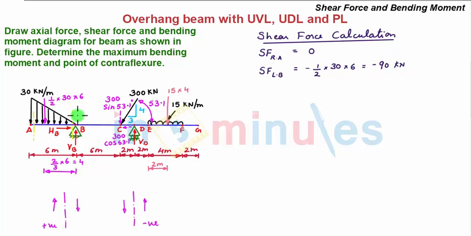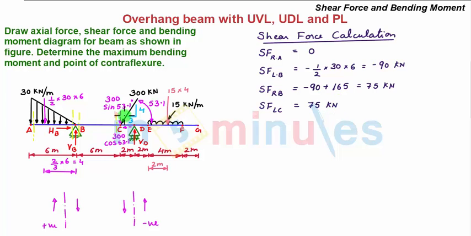Next we move this section towards right and we take a section towards right of B and very near to it. Considering the left hand side of section, we have shear force towards right of B is equal to, we see that there is an addition of this upward vertical support reaction VB, whose magnitude is 165 kN. So we have minus 90 plus 165 kN. This is equal to plus 75 kN. Next we move this section towards right and take the section towards left of C and very near to it. So shear force towards left of C is equal to, we see that between these 2 points there is no addition of force, so shear force remains constant, which is 75 kN.